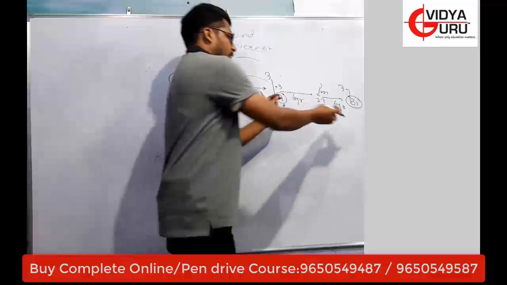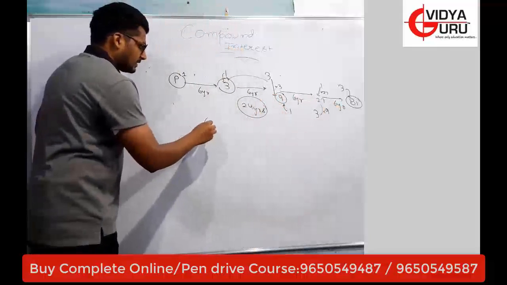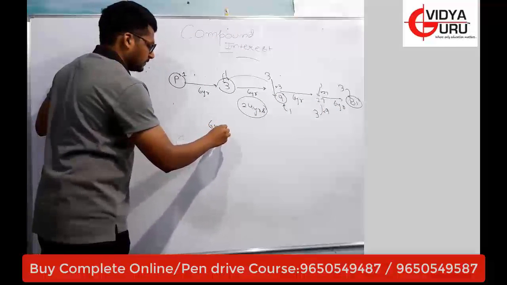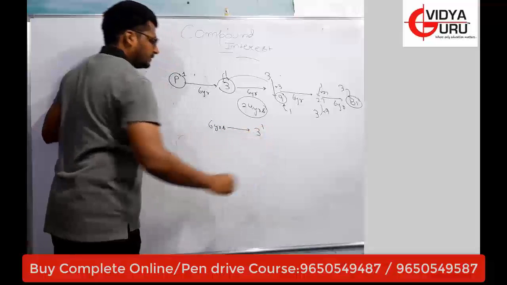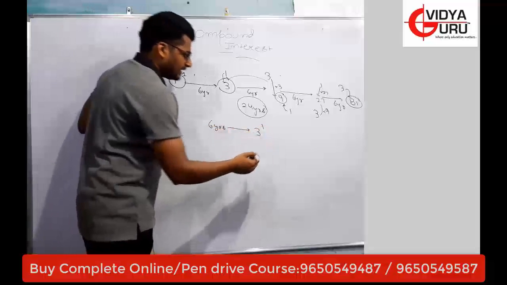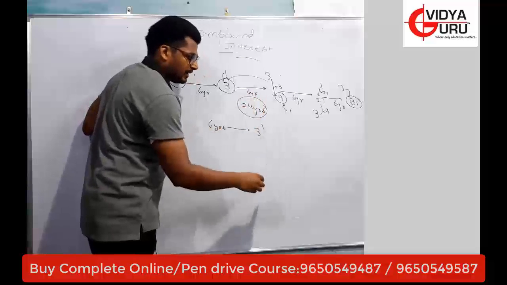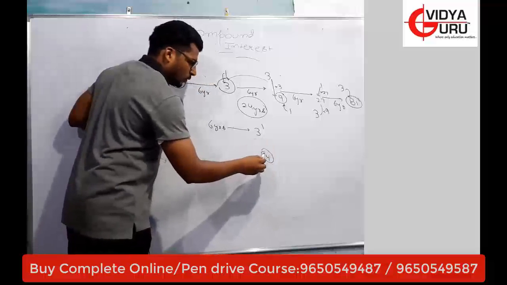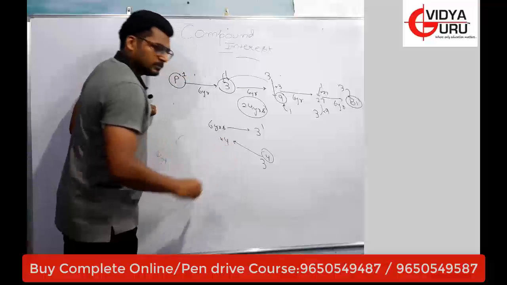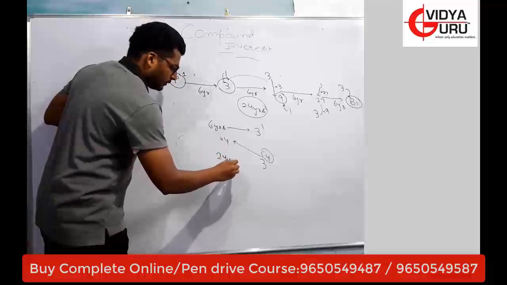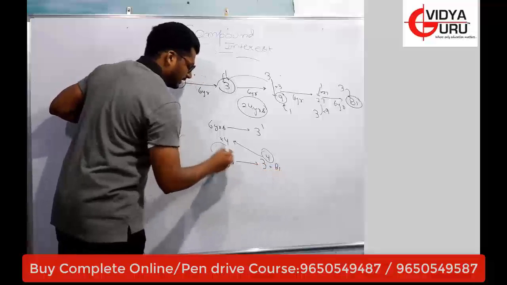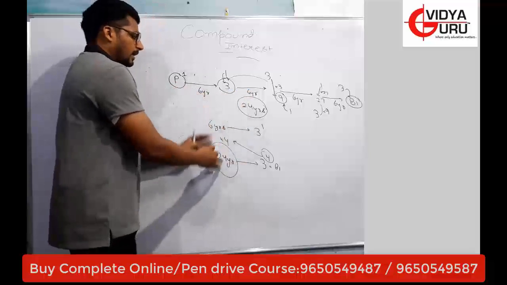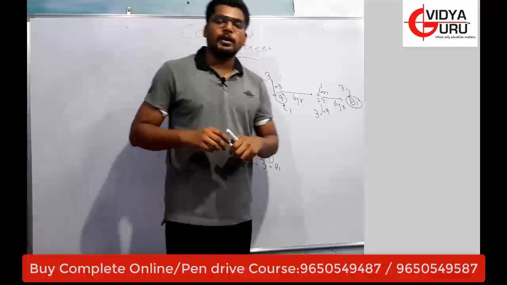For this, we have made one short method. What is that? It is 6 years. In 6 years, the principal becomes 3 times, that is 3 to the power 1. Now the question is saying, in how much time will it become 81 times? 81 times is 3 to the power 4. This power will be multiplied here. 6 times 4 is 24. In 24 years it will become 81 times. This is made from this concept only. It is the short method of this. Hope you have got the question.